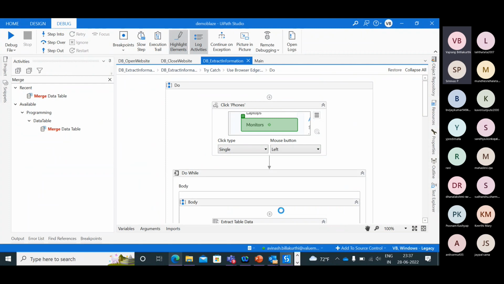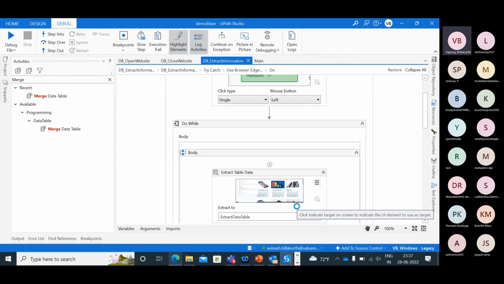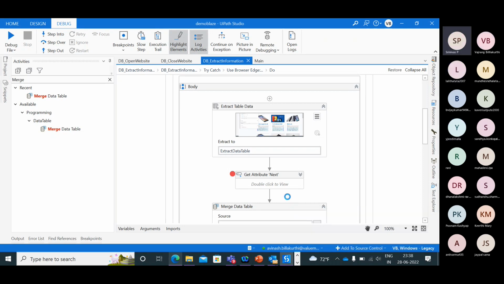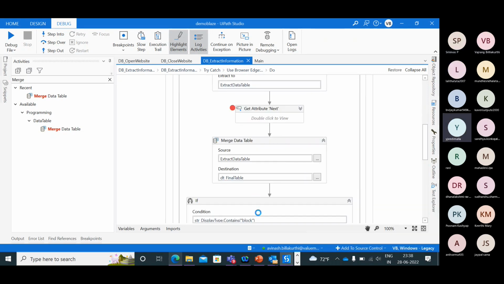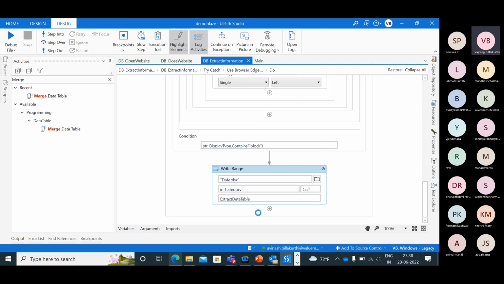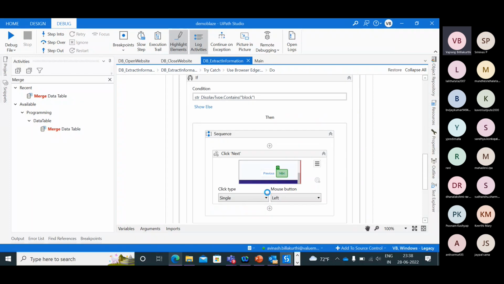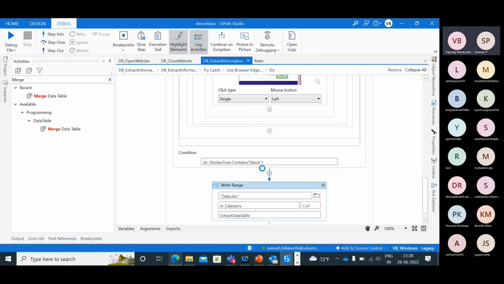Can you tell me how to increase the scope of any particular variable? Go to variable planner. Exactly. So this particular extract data table or merge data table is available only at this pane.